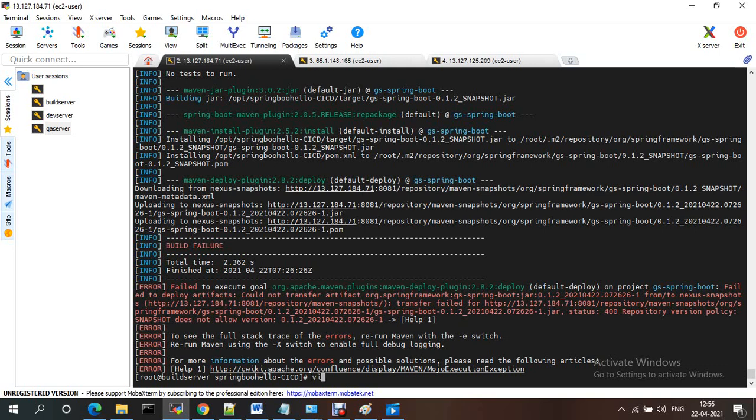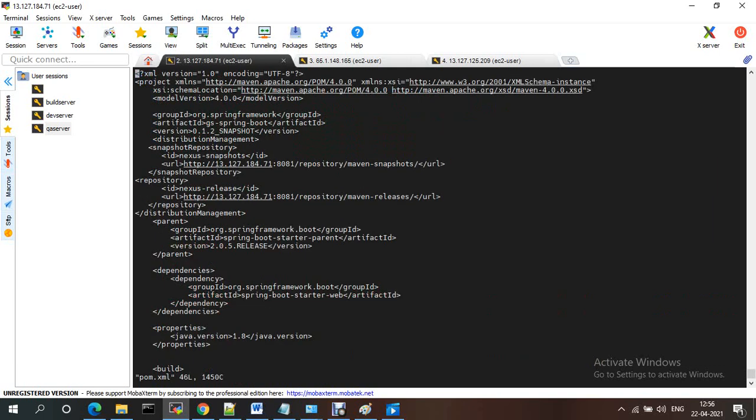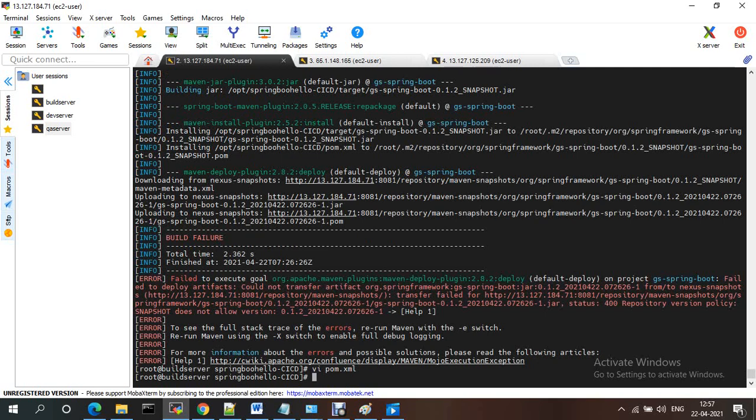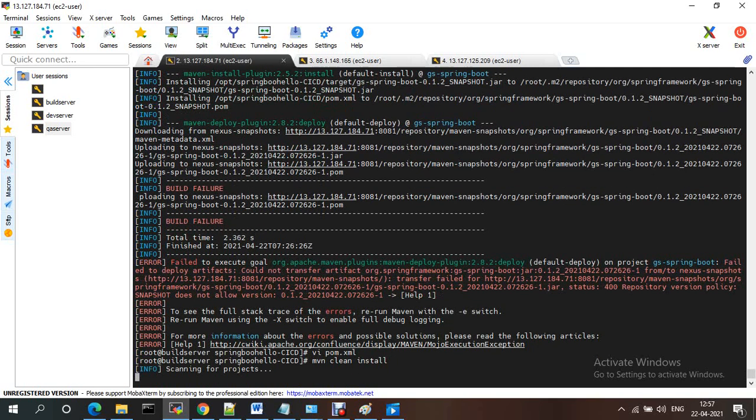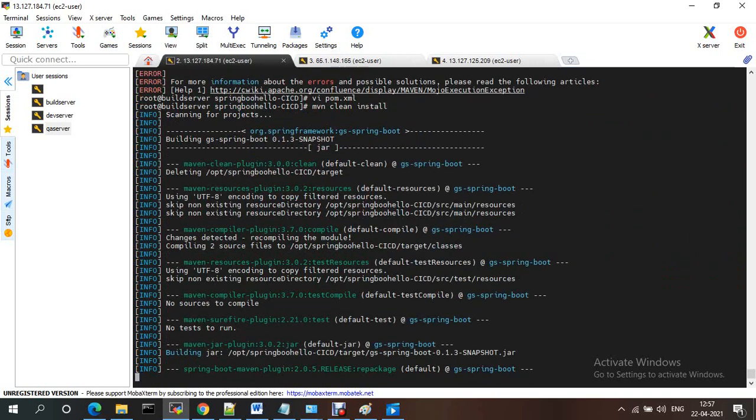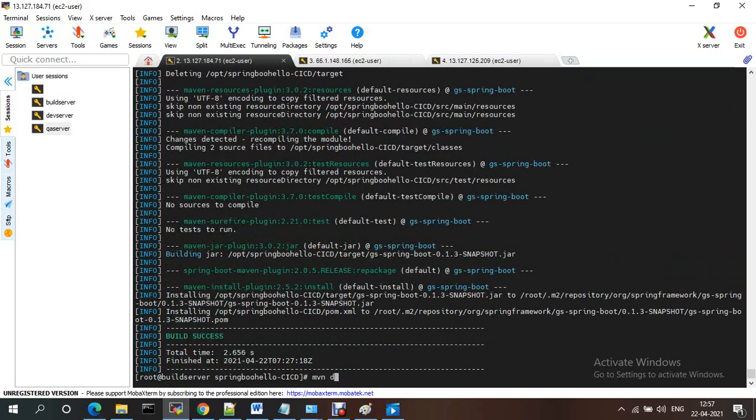Let me try to change the version in the pom.xml file, it needs to be a snapshot, and then clean install and mvn deploy.